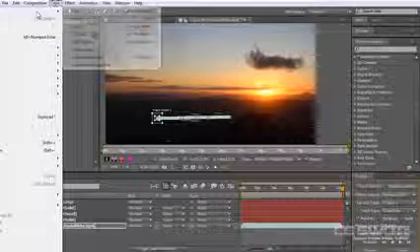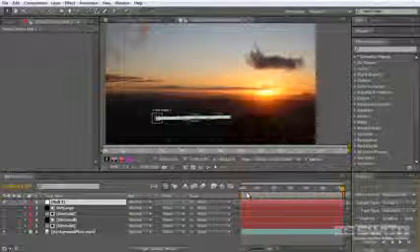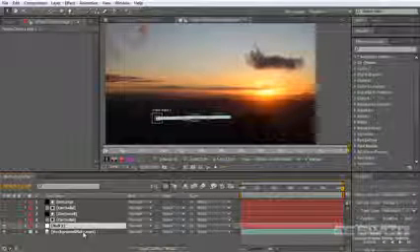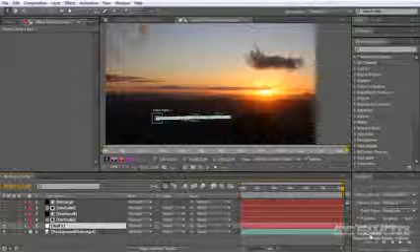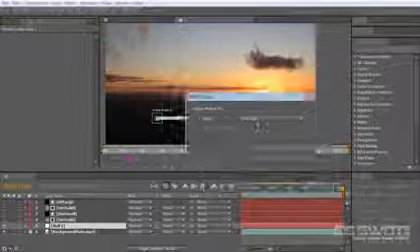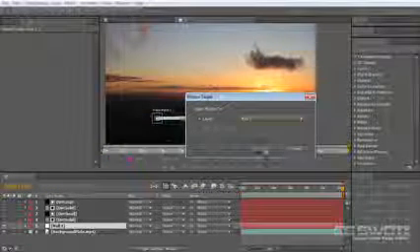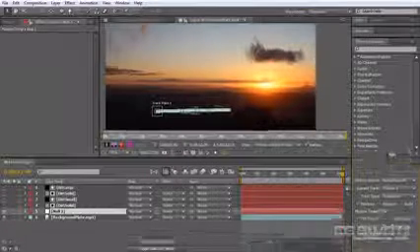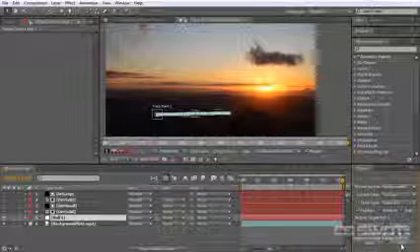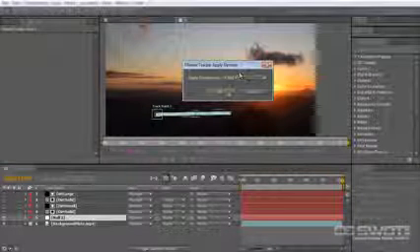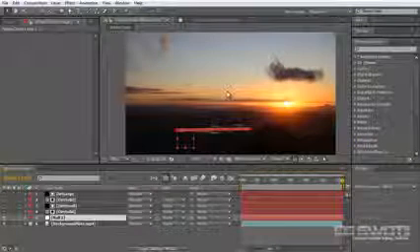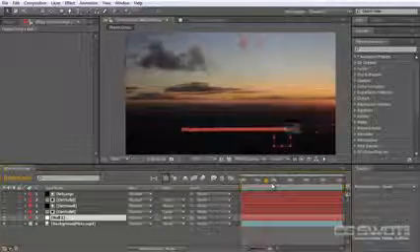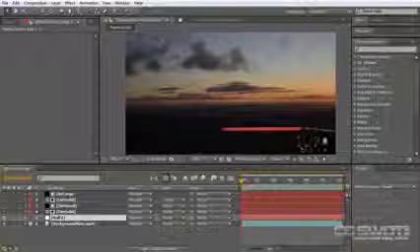What I'm going to do is go Layer, New, Null Object. I'm just going to drag it down actually on top of my background plate, and I'm going to edit target, making sure that the null object is selected. Go OK, and then I'm going to just give myself a bit of room here, and I'm going to apply in the X and Y and go OK. So now I have a null object that's tracked to the movement of the camera via a target track in